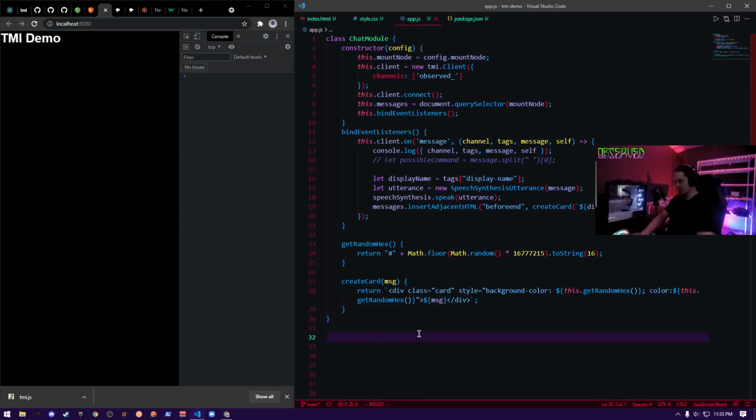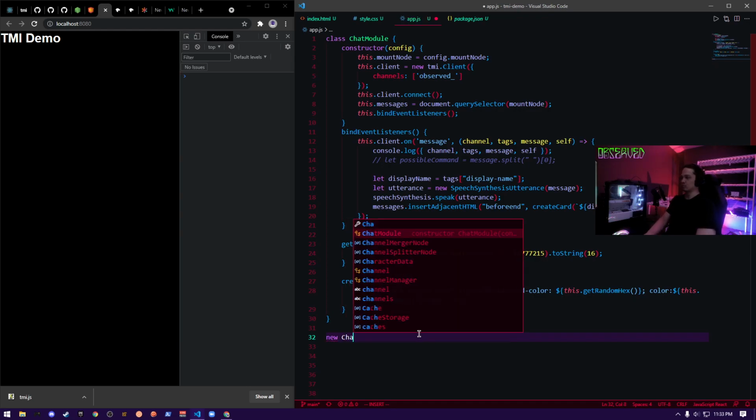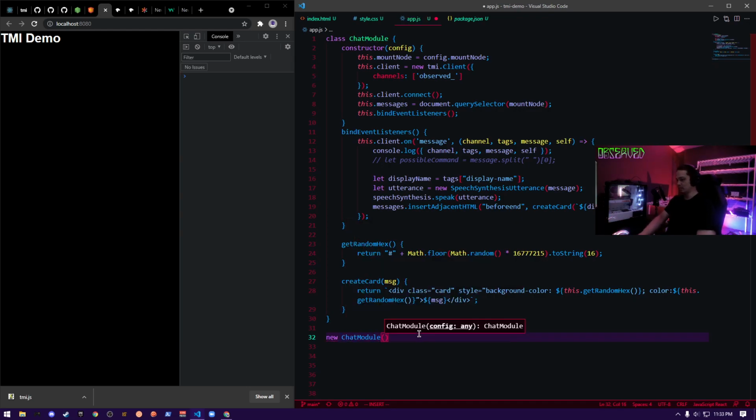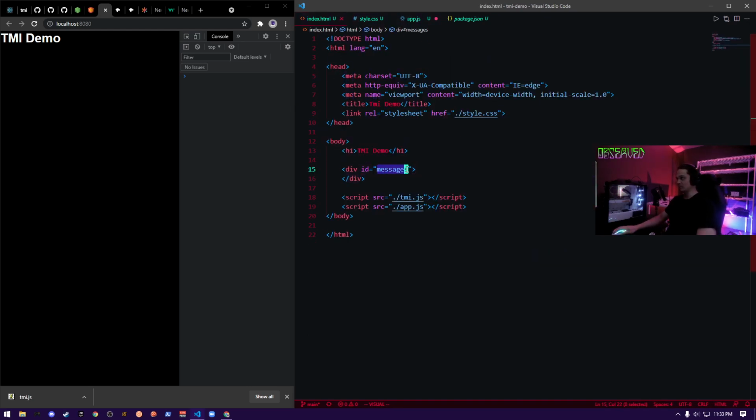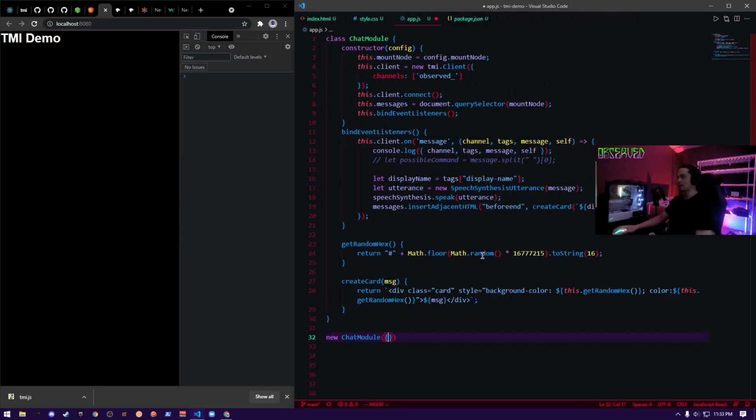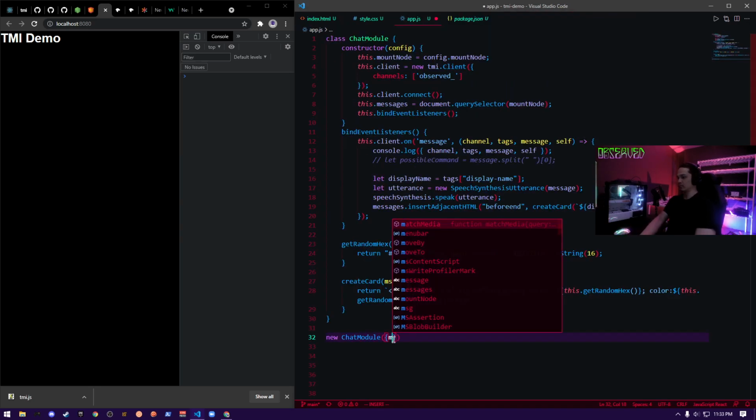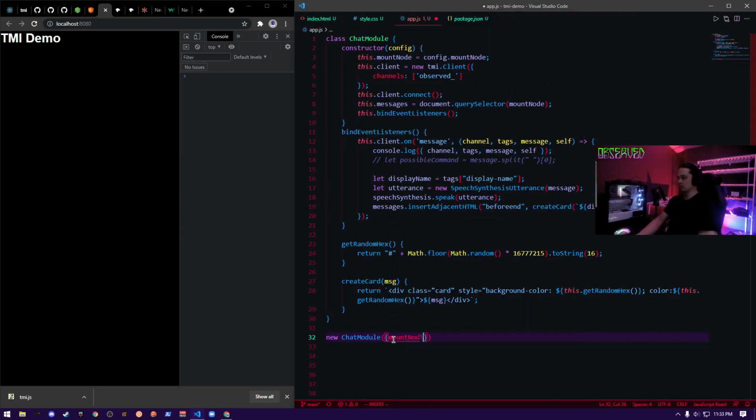All right. And then in order to create a new instance of this, we would just go new chat module. And then we would pass in our config right here, which would be like mount node is right here. We got messages, right? Messages.